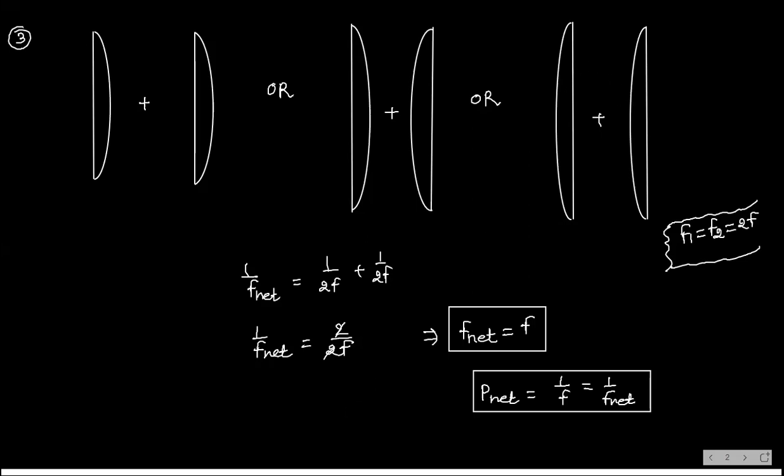Yes, sir. See here. This is the one structure now. Here it is R1 is equal to infinity, R2 is equal to some R. Here also this one is infinity, this is some R. Just what we are doing, reverse we are doing. Just these lenses we have placed like this. Either this or this. So even for all these structures, you are having 1 by F net is equal to 1 by 2F plus 1 by 2F.